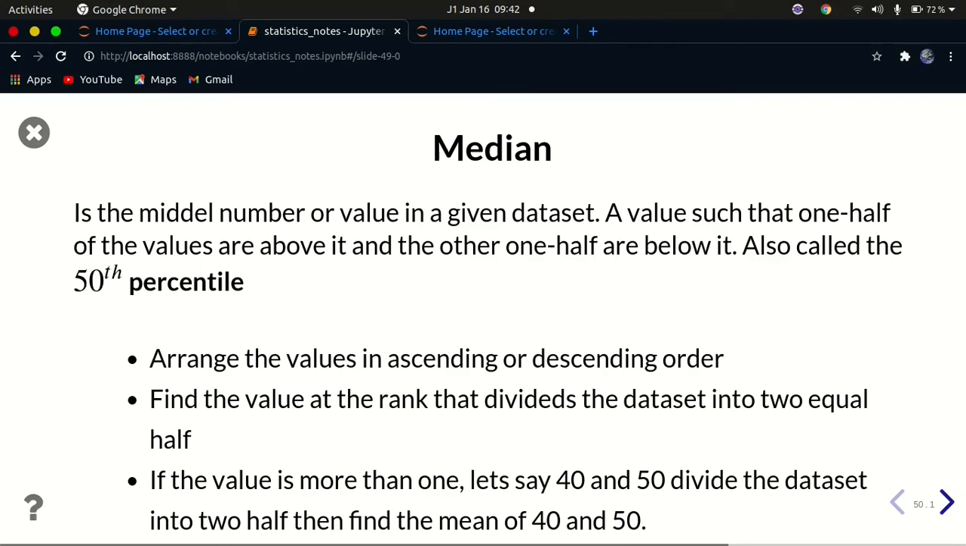So median is the middle value of a given data set. Whenever I have a data set, you first arrange the data set in an order using order statistics. You either arrange it in ascending order or descending order. After arranging it in any order, you find the value at the rank that divides the data set into 2 equal parts. So that's what